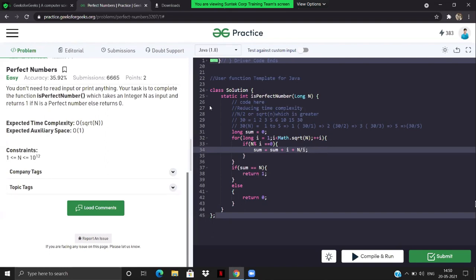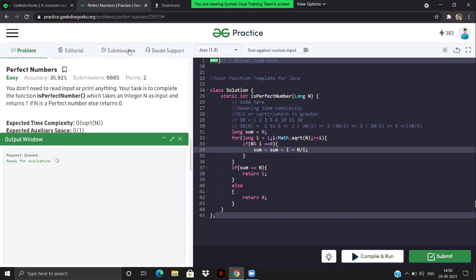Think about it. Okay, so let me compile it and see if we are getting the correct output.